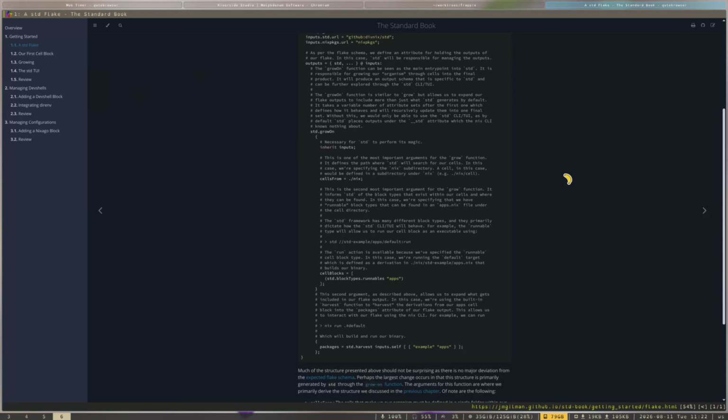This second argument, as described above, allows us to expand what gets included in our flake output. In this case, we're using the built-in harvest function to harvest the derivations from our apps cell block into the packages attribute of our flake output. This allows us to interact with our flake using the Nix CLI. For example, we can run nix run .#default, which will build and run our binary packages, equals harvest